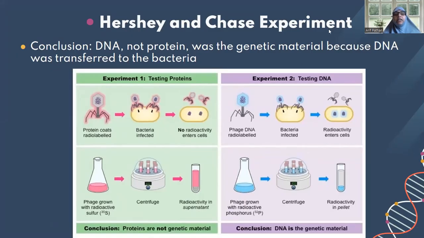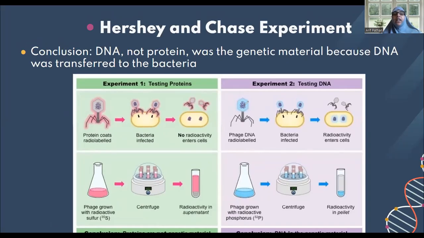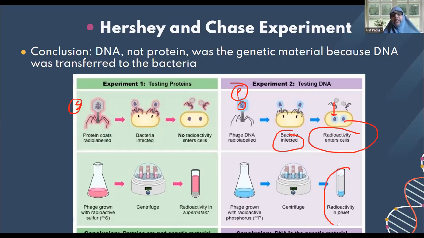And then in setup 2, the viruses were allowed to grow with the radioactive labeled phosphorus. In the earlier one it was sulfur, and sulfur becomes part of the protein, that is the body of the virus. Phosphorus becomes part of the genetic material, which is inside the head. And then after infection, the genetic material is inside the cell. Here the radioactivity enters the cell. How? After centrifugation, radioactivity was seen in the lower part of the solution, that is the pellet, which settles down in the test tube.